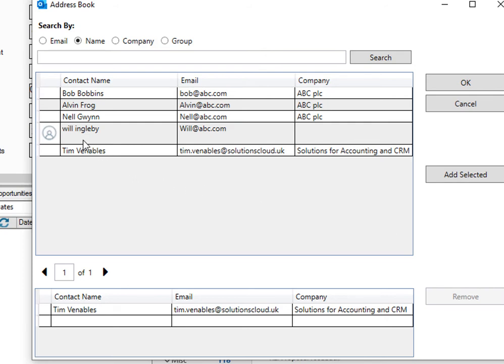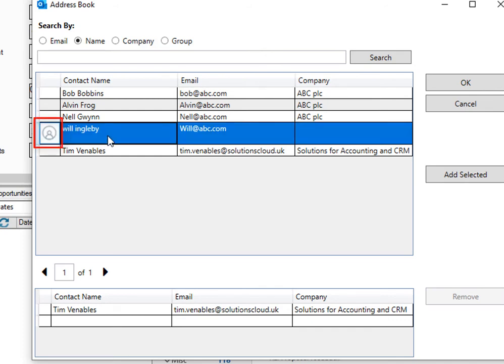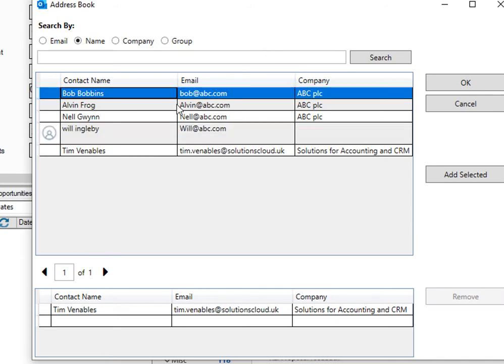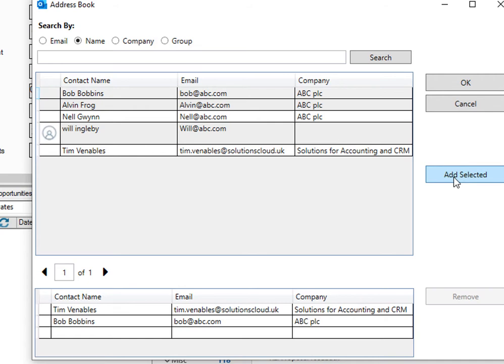You can see using the control in the upper half of the screen. I've only got a very small database here, by the way, with 4 or 5 contacts in there, and you can see the My Record of any user has a clear icon to identify this as a database user. But if I want to also associate it with another contact, I can just highlight them and add them to